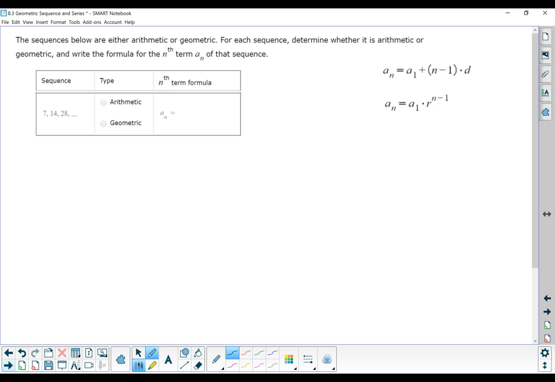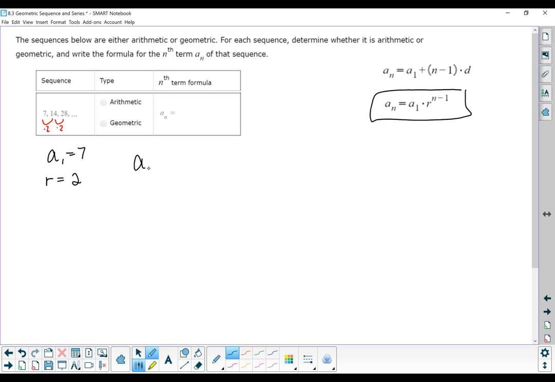For this one, our first term is 7, and then it's 14, and then it's 28. So it looks like we're multiplying by 2 times 2 times 2. So that means our first term is 7. Our common ratio is 2, and that's what we need to use to write our equation for a geometric